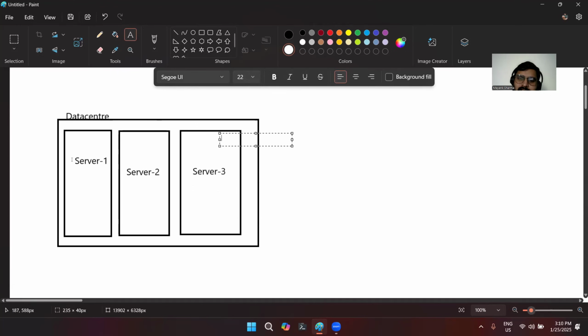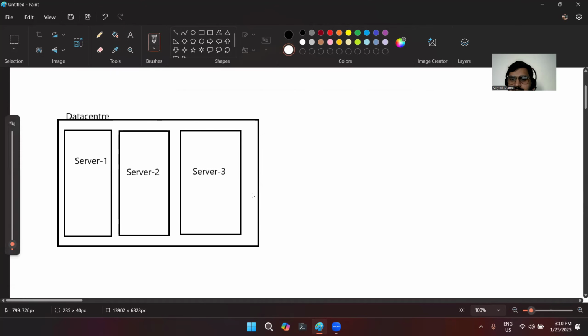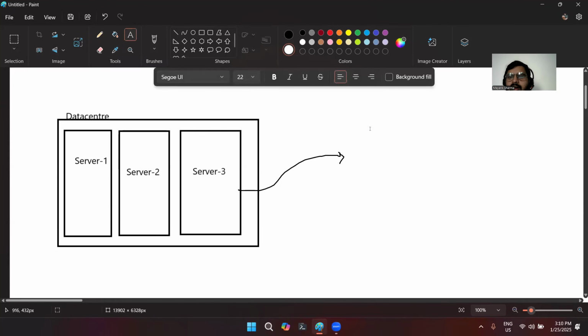Now, to manage all these servers, let's say something happened to this particular server, then to fix it or to maintain these servers, we require manpower. And the manpower is not limited to one or two or 10 or 20 people. It can be up to 100 or 1,000 people, depending upon the size of your data centers. Now you have 1,000 users to manage. See, you can hire 1,000 people or two, three, or 4,000 people. But you also have to manage those 1,000 users in terms of their access, in terms of their identity.